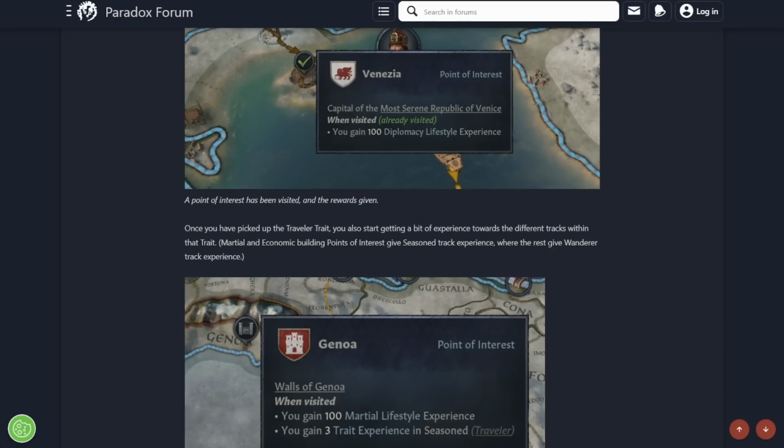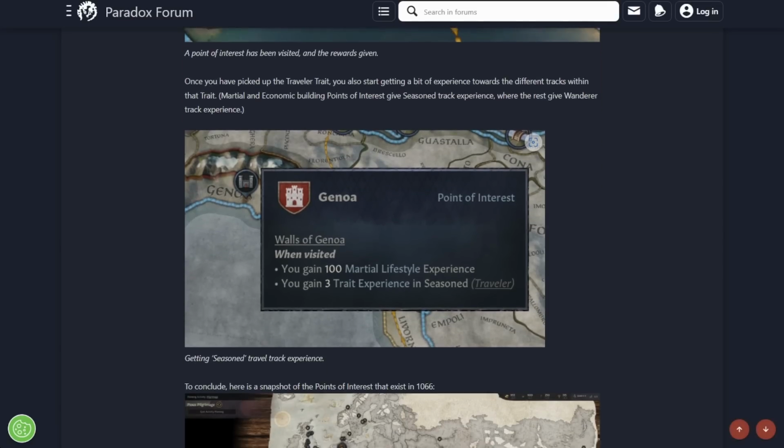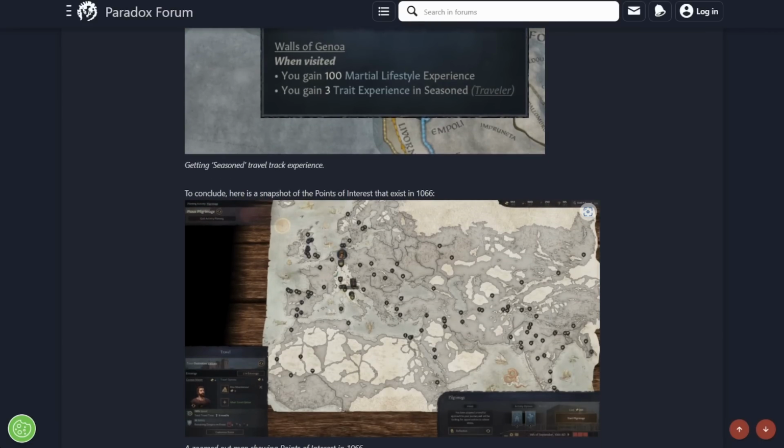Once you've picked up the Traveller trait, you'll also get a bit of experience towards the different tracks within the trait. Martial and economic building points of interest give seasoned track experience, whereas the rest give wanderer track experience. Kind of, I guess, makes sense. And then, yeah, that's basically...